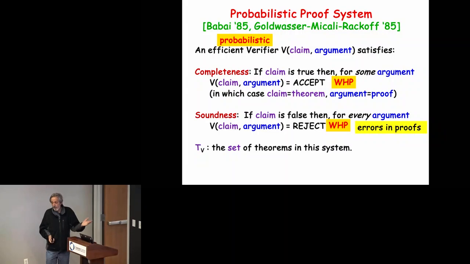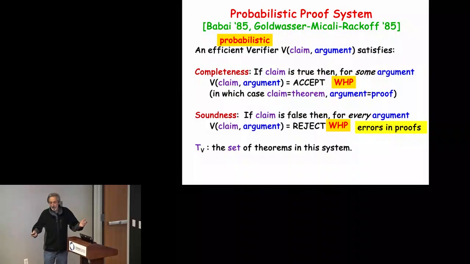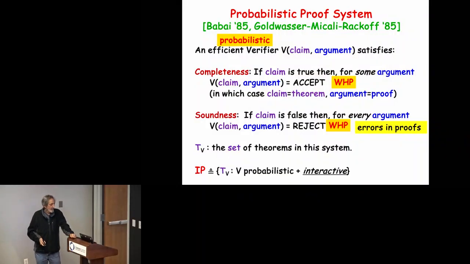At any rate, it's a well-defined proof system. We can still have all the theorems in this system. And as before, defining NP, now we define IP, the class of all sets which are theorems in this kind of proof system. But I didn't tell you the complete definition of these proof systems. I already told you it's randomized, but I'm going to add another feature to this proof system. This is interactive. I'll show it in the next slide, but that's the reason it's called IP, for interaction. So what's the full definition of an interactive probabilistic proof system that came out in these papers?